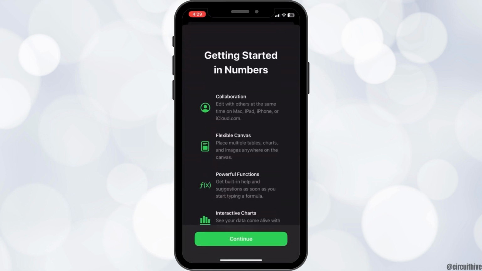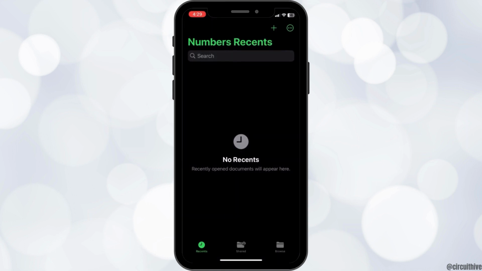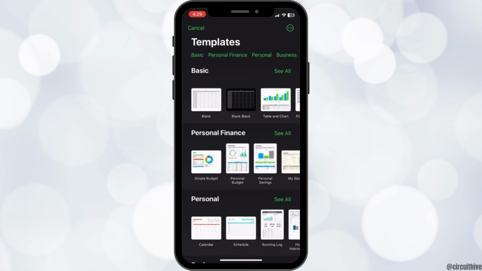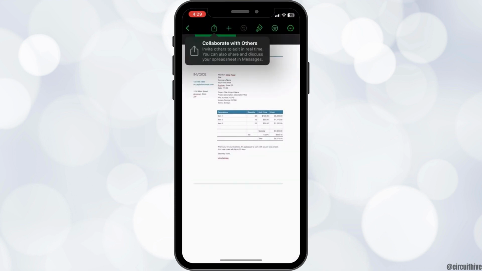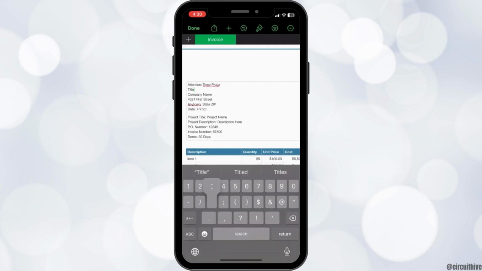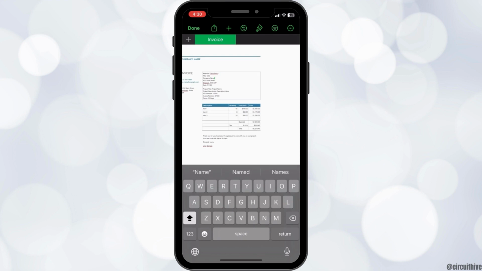Once it is downloaded, open the app and click Continue, and on the top right, click on the plus button. On clicking the button, a bunch of templates will occur where under the business you can see the invoice template. You can then edit this template according to your preferences, and you can also see a bunch of options on